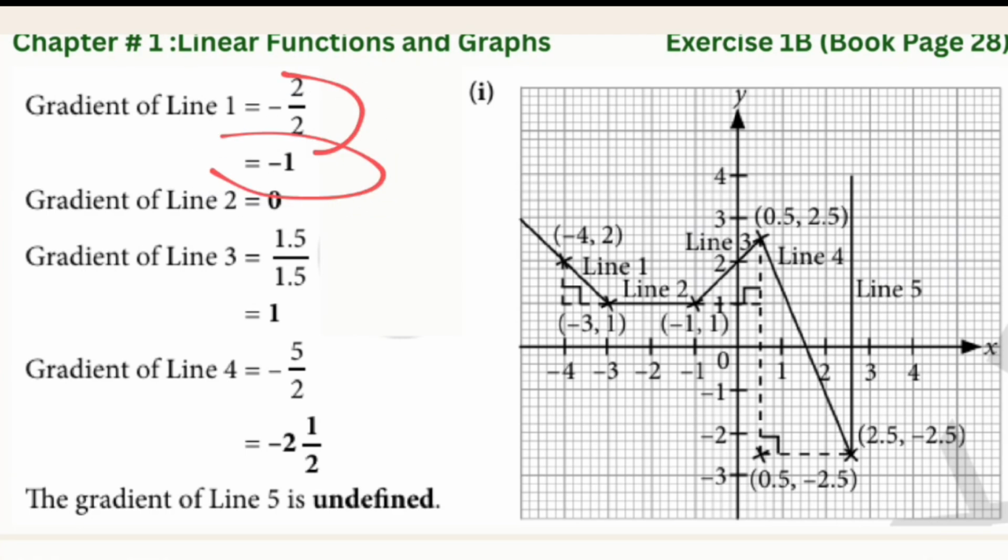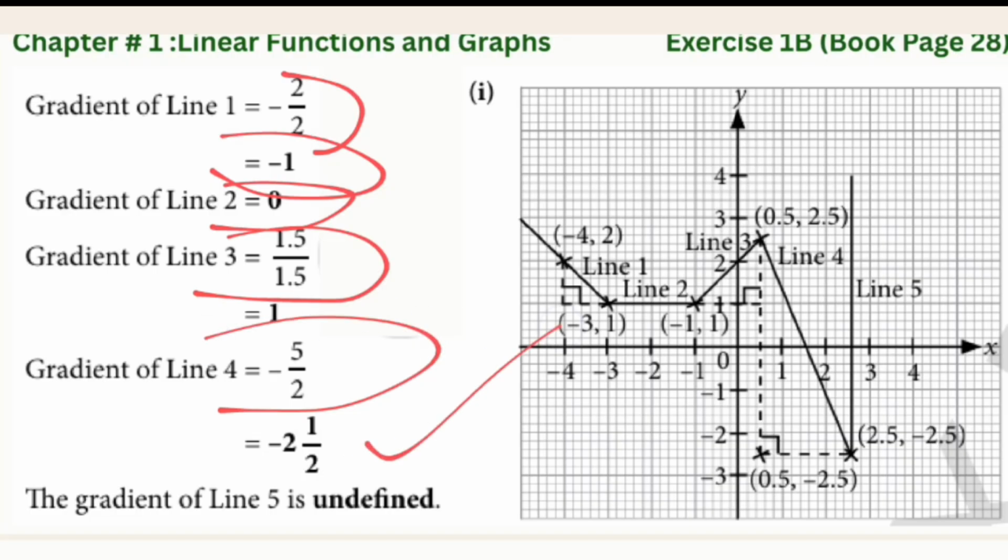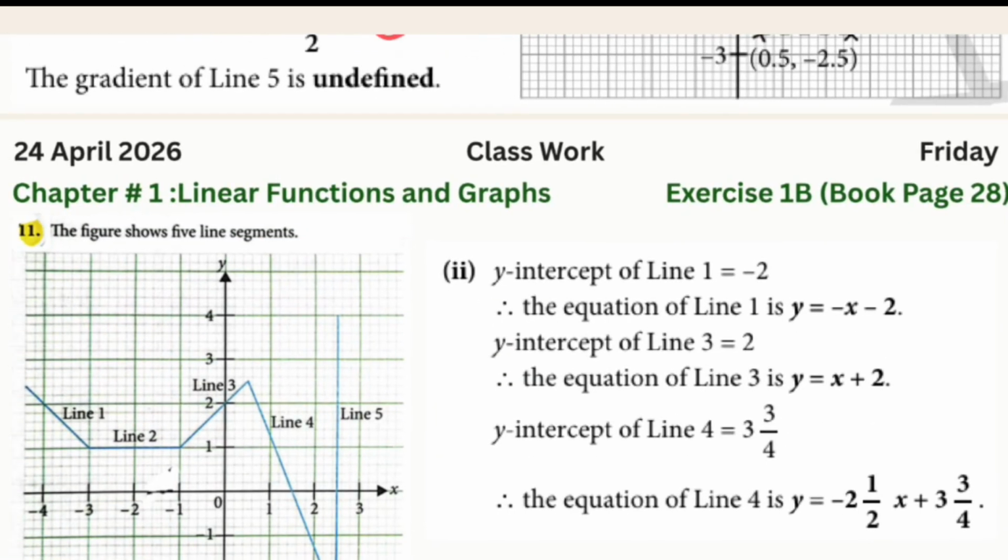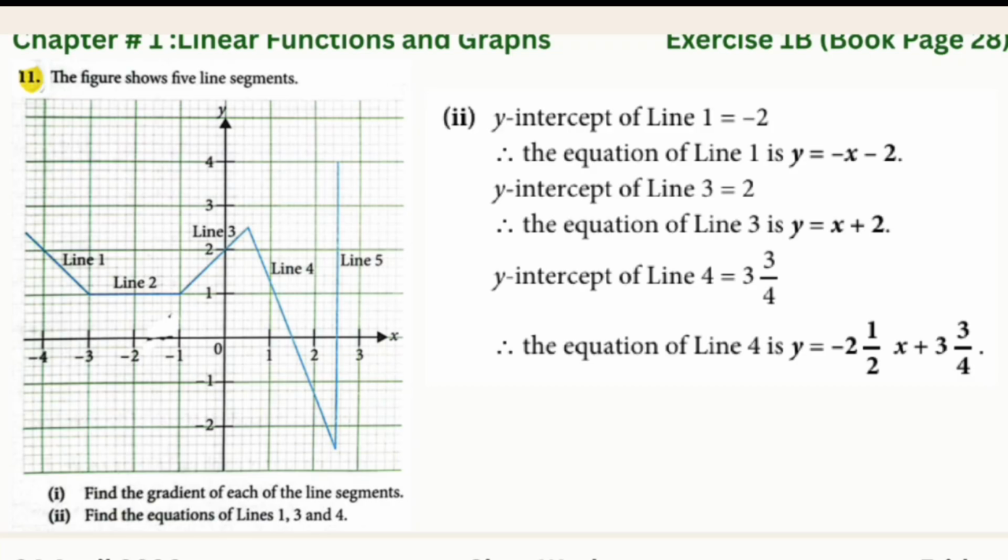According to the question, we have the next point 0, and in line 3 we have 1.1, and in the fourth line we have minus 5. Yes, minus 5 and 2. Well done, Subhan. You are doing a really good job. Perfect. So in point number 2, the second part of this part here,